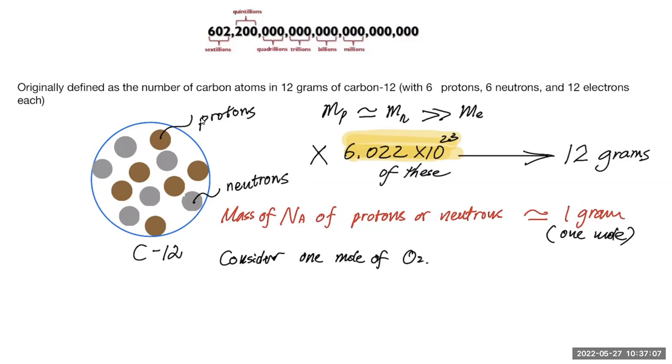Well, for O2, look at the atomic structure of O2. Each O2 molecule has 2 oxygen atoms, and each oxygen atom has 8 protons and 8 neutrons. Okay, of course, also 8 electrons, but I ignore their mass. So we're talking about 16 protons and neutrons combined for each oxygen atom. And there are 2 oxygen atoms per molecule, so there are 32 such nucleons, protons or neutrons. And each one of these in 1 mole would weigh 1 gram, right? So we got 32 of them,